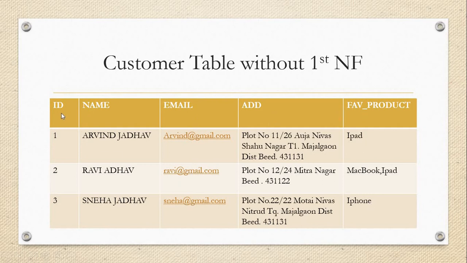What about the ID attribute? The ID attribute is unique, so we did not change anything. When we think about the name, the name does not have a single value, because here we get the first name as well as the last name. A user can easily identify the first name; in my own name, I know what my first name and last name are. Other students also know, but a computer doesn't understand which is the first name and which is the last name.